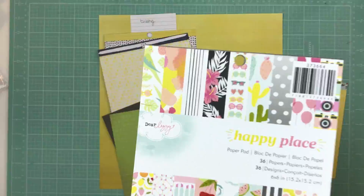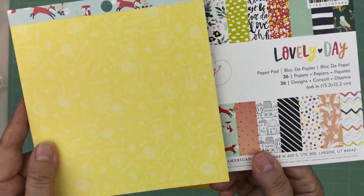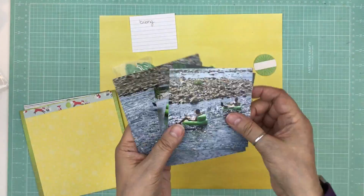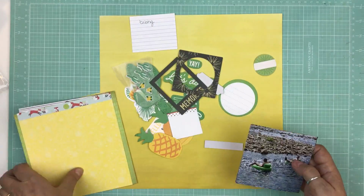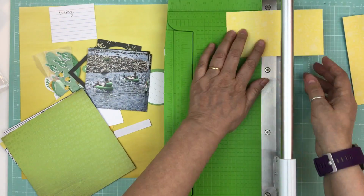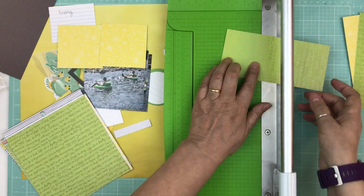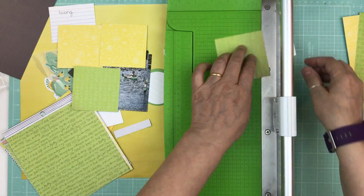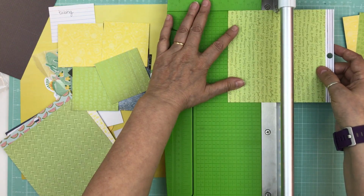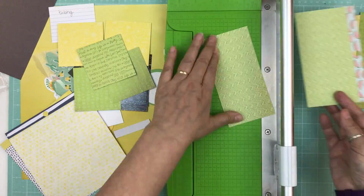And I'm just showing you, once I put that page kit together, I was like, oh, I would love to have more green and more yellow, because those pictures are of my daughter and her fiance and my husband tubing when we were away last summer. And the tubes were green and the embellishments were green, but I thought this would be fun if it had more